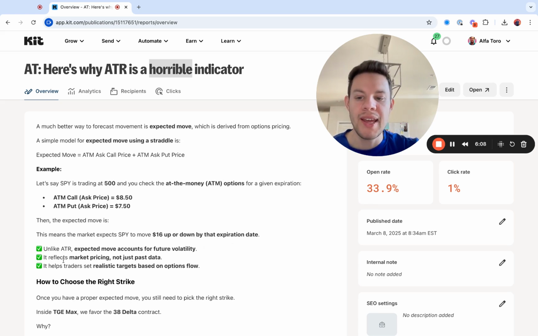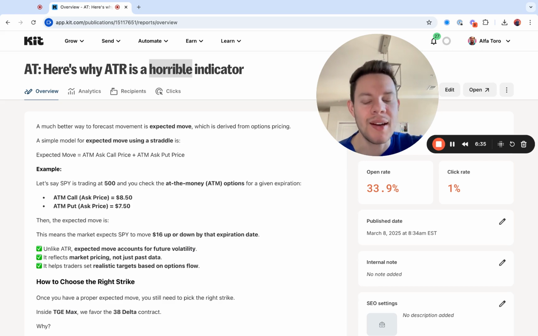So it's really important. It reflects market pricing, not just past data, and it helps traders set a realistic target based on option flow. This is really important, okay? Because I know there's a lot of traders out there that are like, we're going to try and target the swing highs and the swing lows, and we're going to try and target two up, two down, all kinds of crazy stuff. We're going to try and target the 100 MACD, all this stuff, but it's not realistic targets because